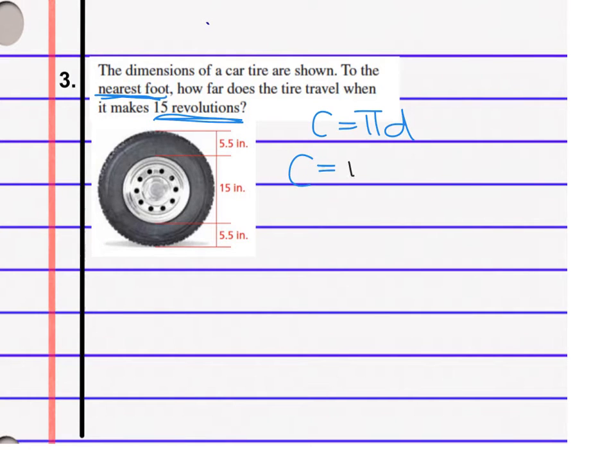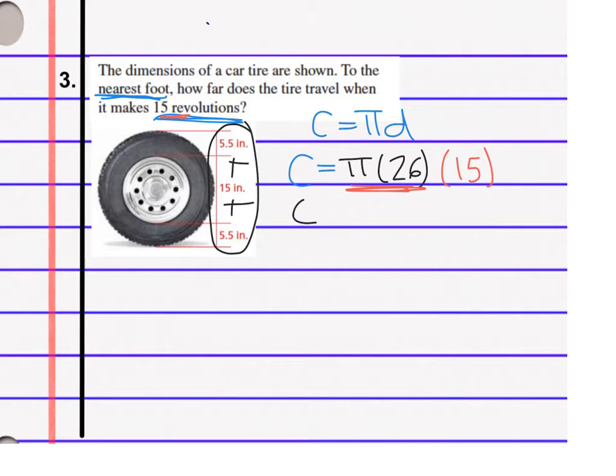So pi will be pi. The diameter is basically all of this. So we'll add all that, 15 plus 11, basically 5.5 and 5.5 is 11. So that's 26. Then while you have your calculator out, you might as well multiply that by 15, because this black part, 26 pi, is 1 revolution, and we want 15 revolutions. So you just plug that whole thing into your calculator, and I'm getting